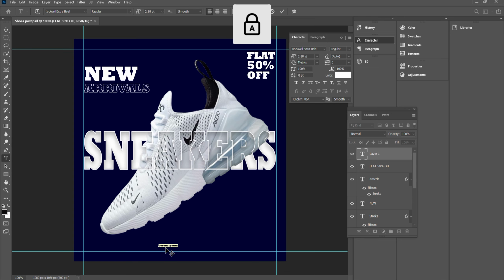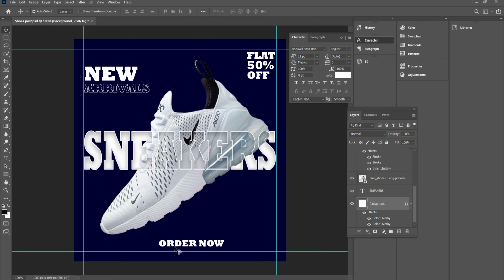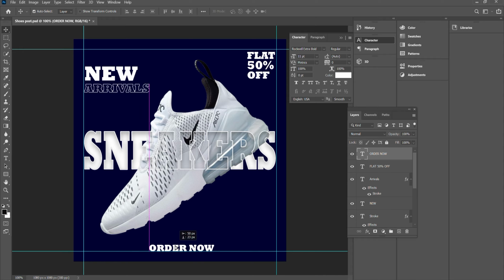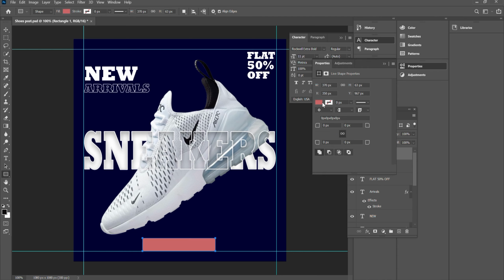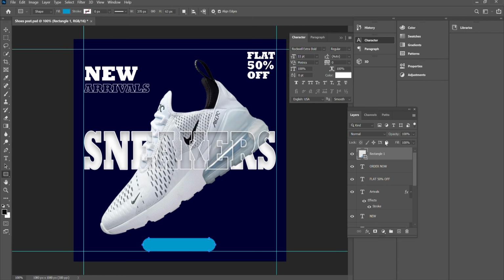We are going to make order now button, so type order now and change the font size to something like 11 and adjust it and make sure it is all placed above the layers. And now using rectangle tool make a rectangle and adjust it like this, and under its properties choose the bluish color which suits the most and the corners to be rounded, like 31 or more, and make sure it is below the layer and now adjust it. Now we have this,